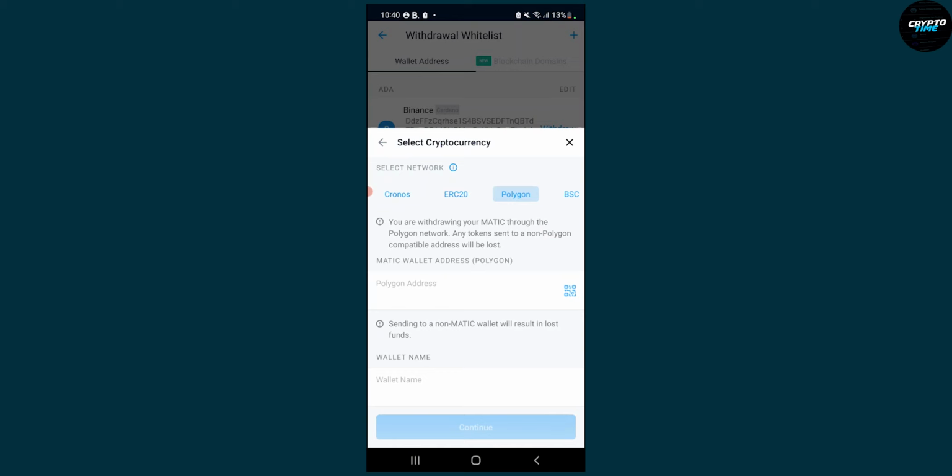You will go through the authentication process from Crypto.com. Obviously, you will need two-factor authentication and all that. And then you will be successfully withdrawing Matic or Polygon from Crypto.com to your Metamask. So that's pretty much how to do it. The simplest and